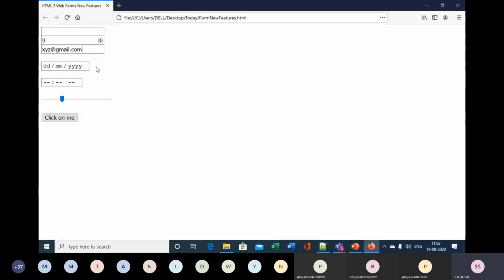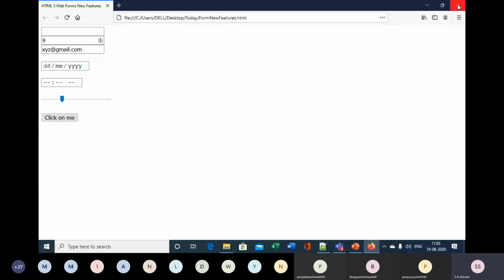That text will automatically disappear when you add content in that particular control, either a text box, or controls like email address, date, range, number, or a text area for comments. To all of these you can specify the placeholder attribute. So this is the use of the placeholder attribute.